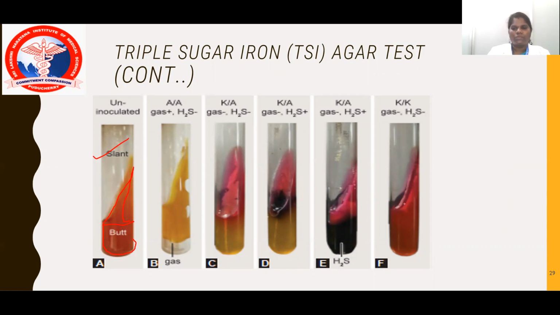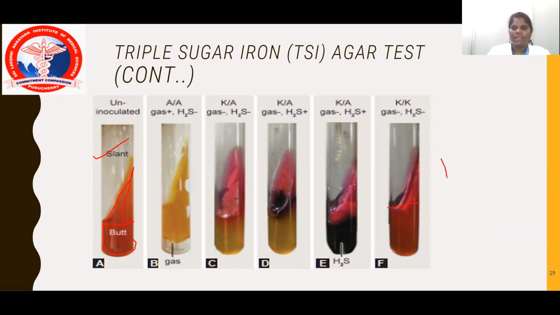One is the organism which is not utilizing any sugar present in the media. For example, what are the sugars present here? Glucose, sucrose, and lactose. A few organisms will not be able to utilize any sugar within the medium, a classical example being Pseudomonas. Because of non-utilization of the sugars available in the media, the organism starts utilizing the amino acids provided by the peptone water. Once the amino acids are utilized, the media turns alkaline, that is, changes into pink color.